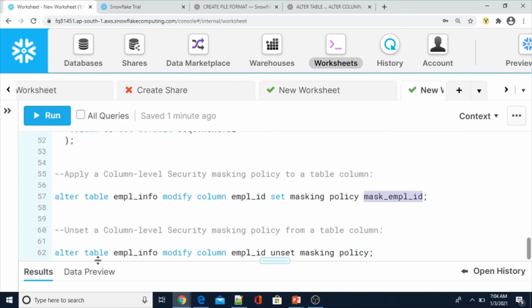So ALTER TABLE EMPLOYEE_INFO MODIFY COLUMN name UNSET MASKING POLICY, because we cannot apply more than one masking policy at a time. So we have to execute separately for each column. That is all about how to alter a table to change the column properties.